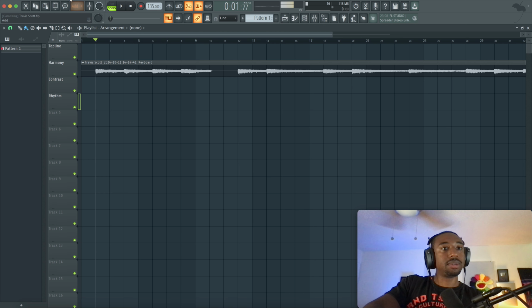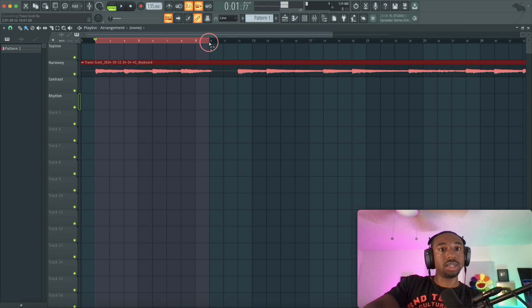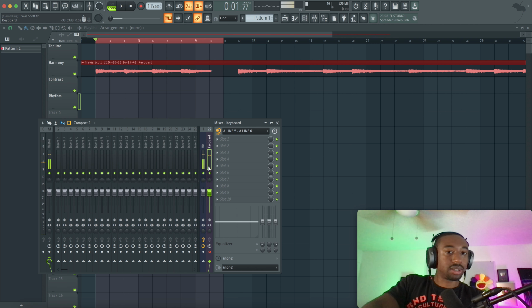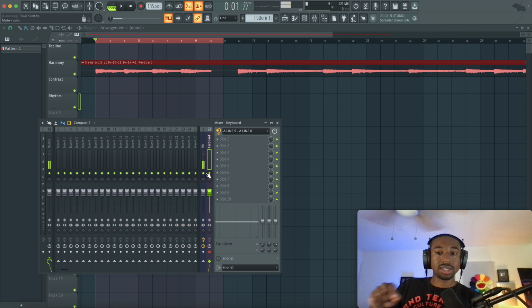Okay, let's build around this F minor idea right here to here. Let's just loop it, and let's go through sounds and figure out which sound works. I'm using, again, the Prophet 6 for the sound source.